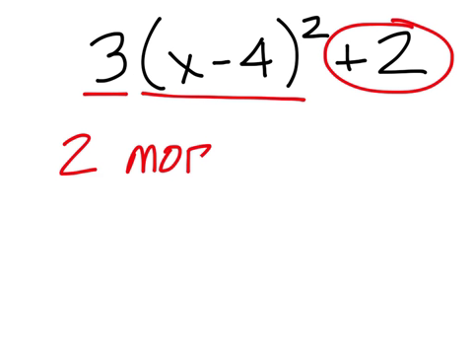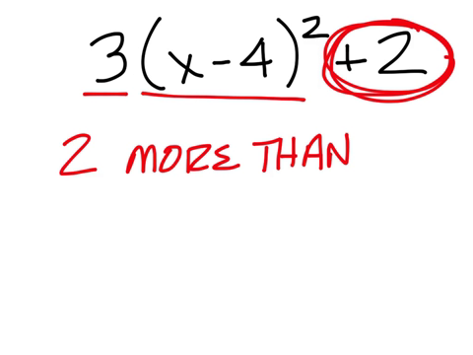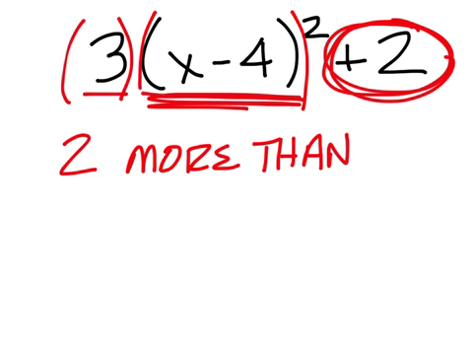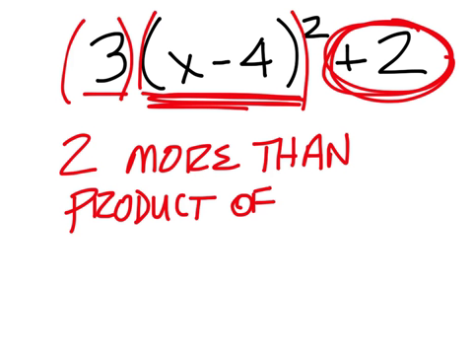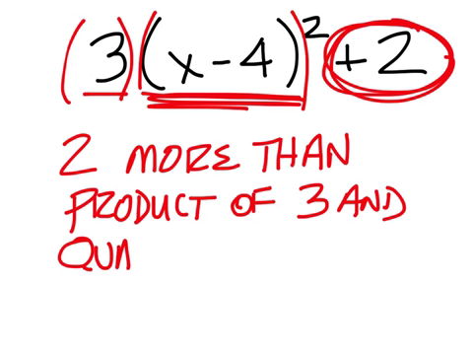2 more than, she's right on that part, 2 more than, but did you say the quantity squared next? Okay, that's where we couldn't do that because this isn't 2 more than the quantity squared. This is 2 more than this times this. So it's 2 more than the product of 3 quantities. That's right, it's 2 more than the product of 3 and the quantity squared, I'll abbreviate,